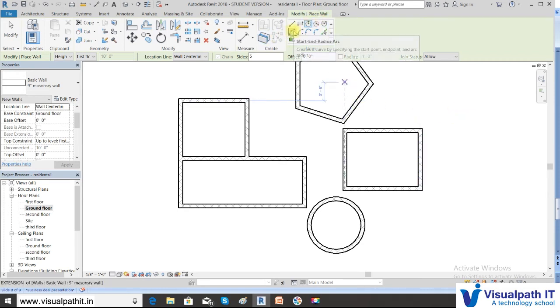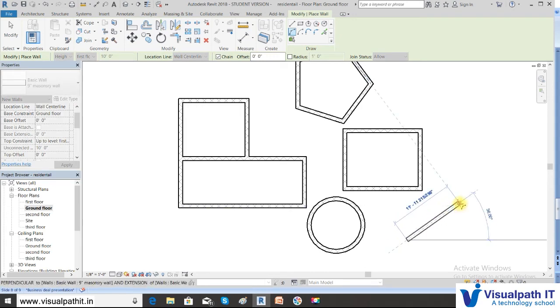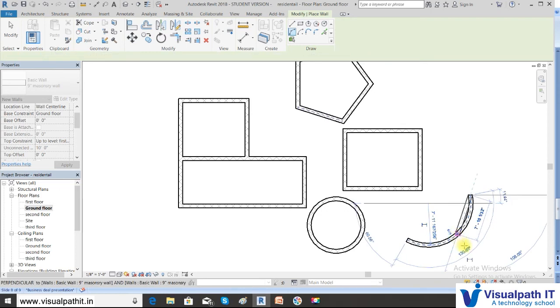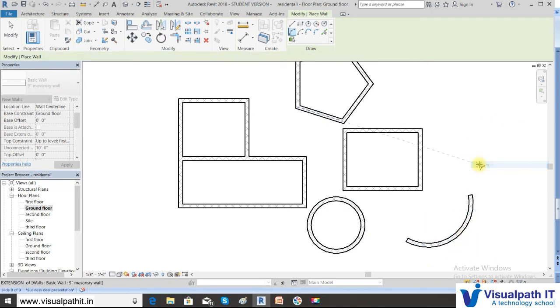And this is an arc wall. So first select the start. If you want, you can use this reference to know what is happening. It says click to enter the arc wall start point. Say click, then flip the orientation, select, and then you define the radius. So you can move your cursor to both sides, and you can define the radius of the circle arc to define the arc walls. Similarly, this also center ends arc. So define the center and then both the ends.